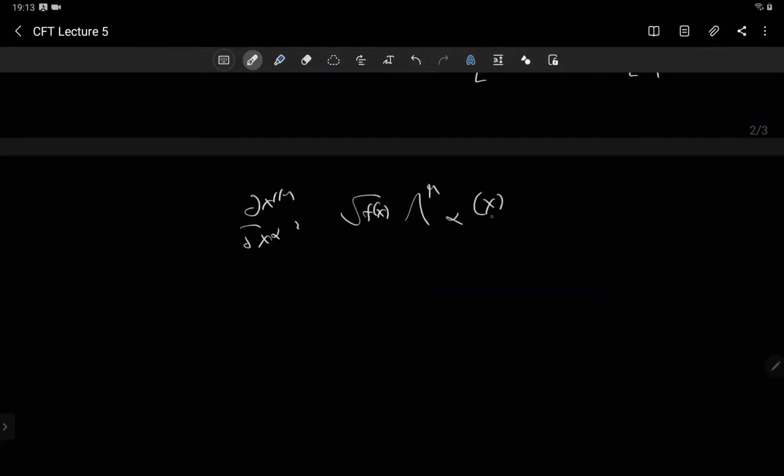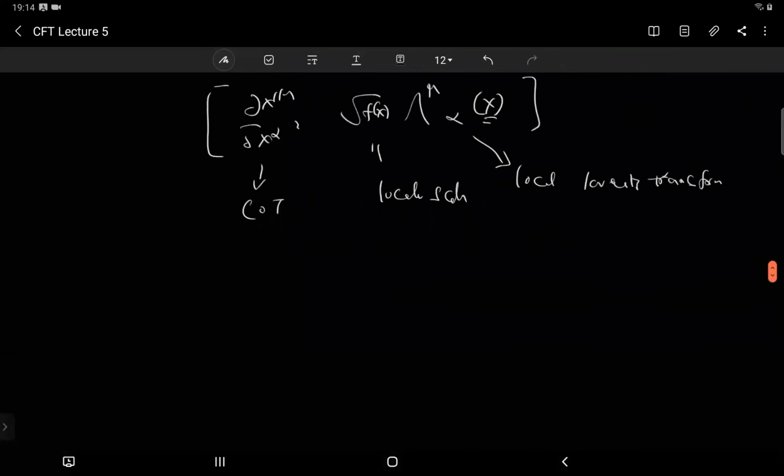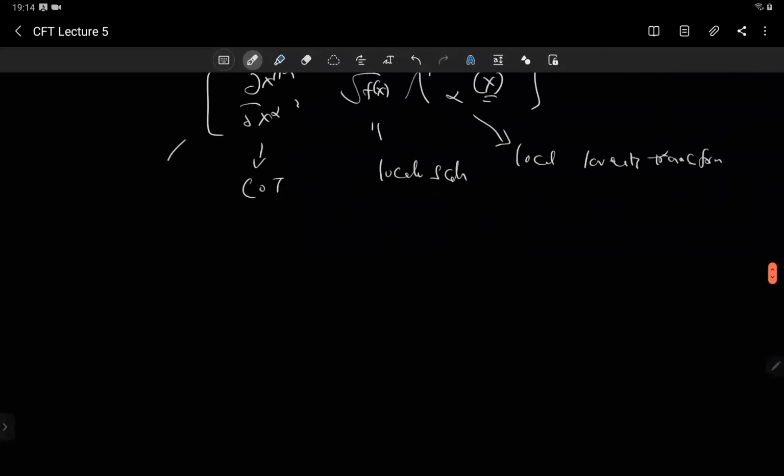But of course, this will now be a position dependent Lorentz transformation, because this matrix can be a function of x. So a general conformal transformation is a local scaling times a local Lorentz transformation. Local Lorentz transformation means it can be a function of x. That's what I mean. So you are rotating it locally and you're scaling it. That is what you are effectively doing. That's a conformal transformation. And then we checked that all conformal transformations can be written in this form.